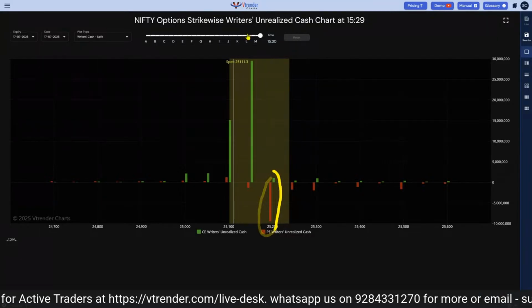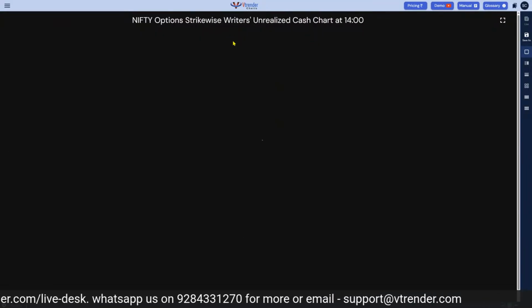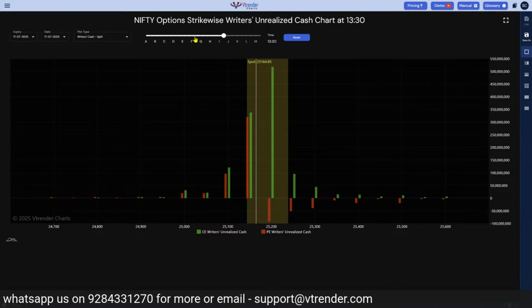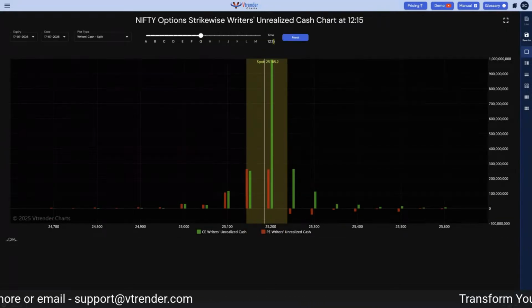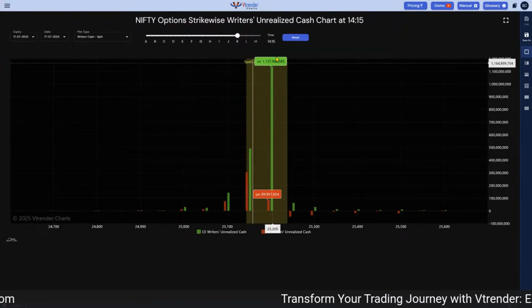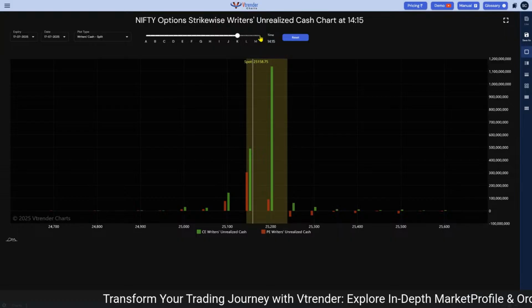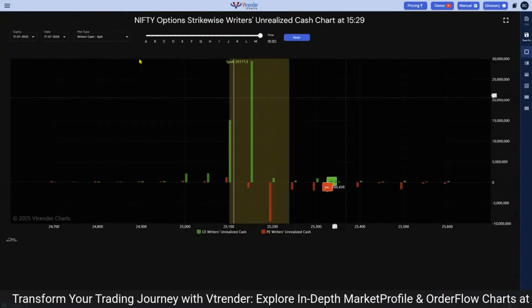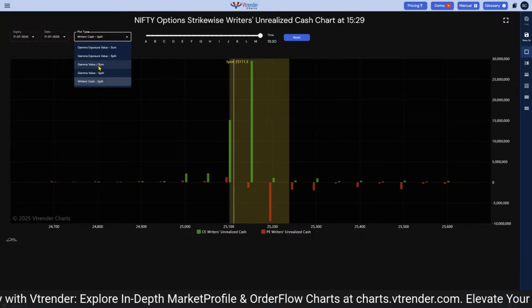Right, they were comfortable for a very long time. The 25-200 PE was comfortable right up to about 2 p.m. But the actual change, right up to about 12:15, they were comfortable, but right around 1:15, 2:15 is the time they started moving out. By about 3:30 p.m. they had to liquidate that position. So you can find that out by writer's cash, but you can keep this.